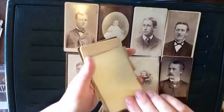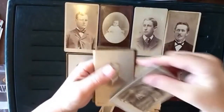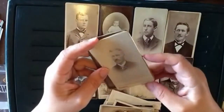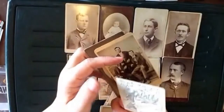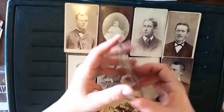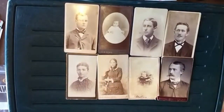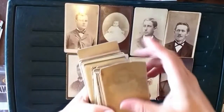Uddevalla. I don't know, that might be a Norwegian kind of place. And maybe the Norwegians make sense with the Minnesota photos, because didn't a lot of Norwegians go out that way? I think so. So I'm not completely destroying the order of the photos. I know that it's good to keep them in order if you can. But,